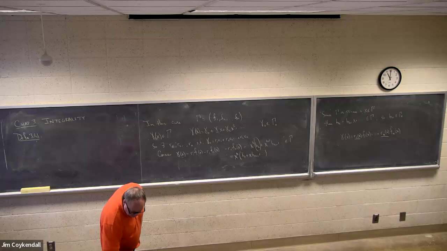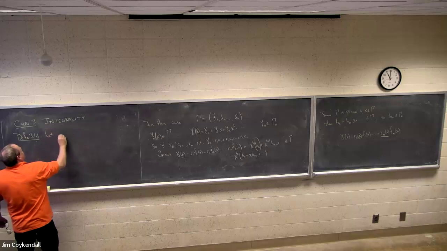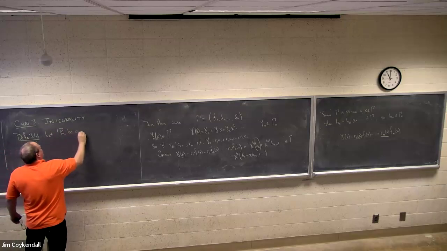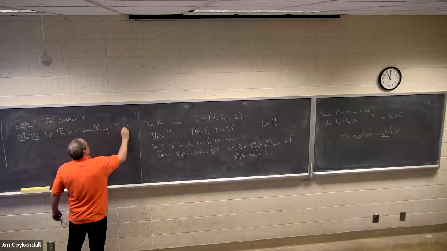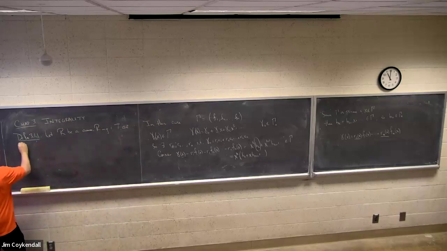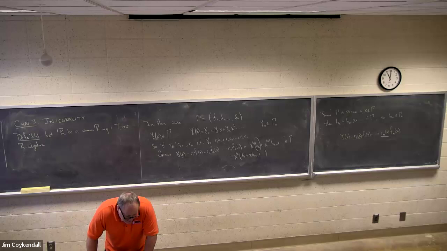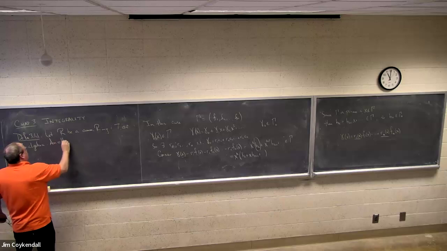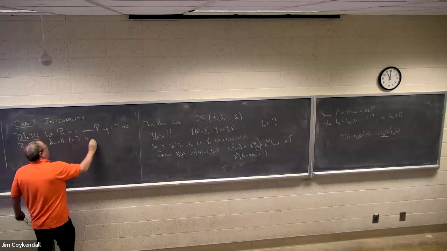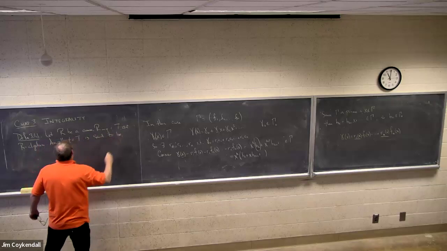Let R be a commutative ring and T an R-algebra. I'll explain what that means later. An element t in T is said to be integral over R